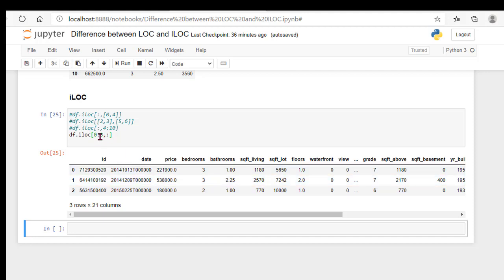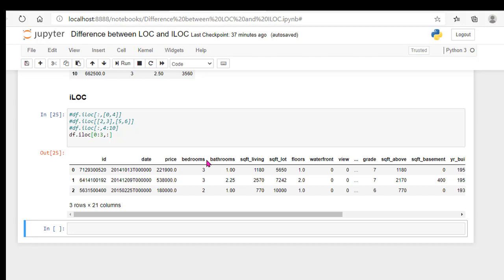The third row is not selected because third is exclusive. That is why it has printed 0, 1, 2. Only 3 rows are printed, but this is the index position. So the last index position will be exclusive in the iloc method. This is the biggest difference between iloc and loc.